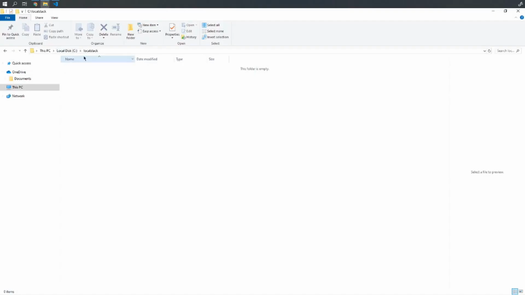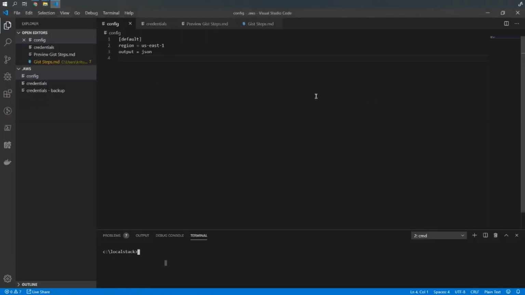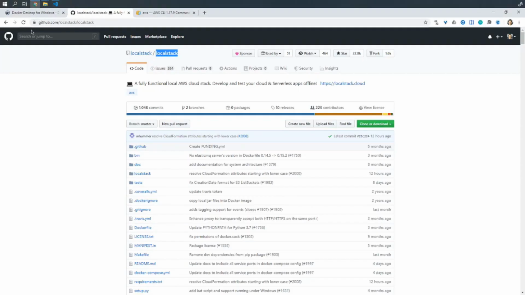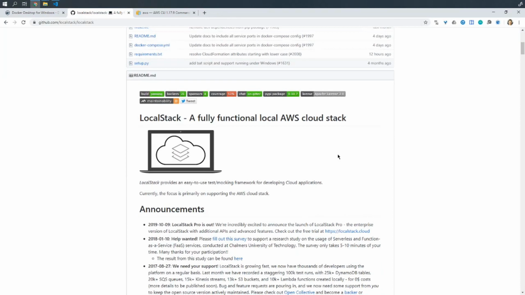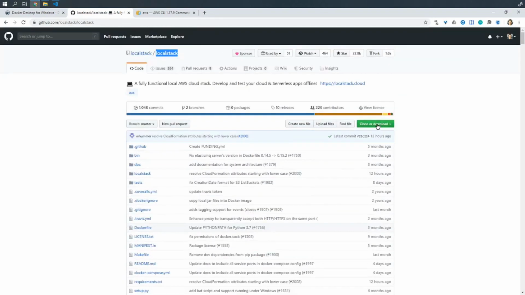So let's say here I have created a new directory on the C drive. From the LocalStack repository, we need to have two files. One thing you can do is clone and download the whole repo and then start building up,